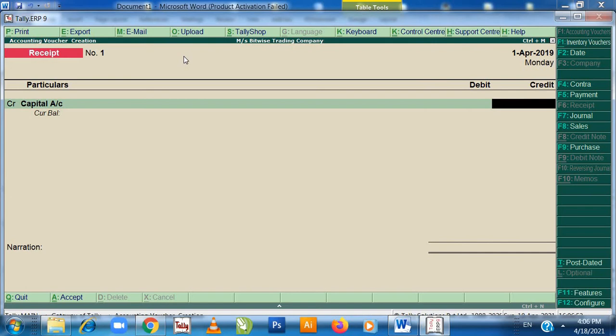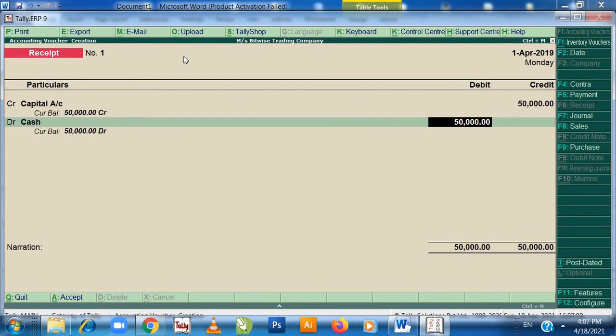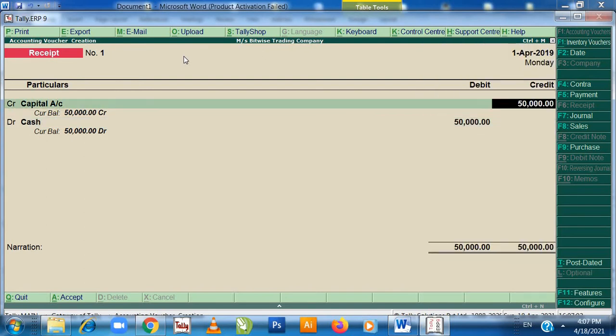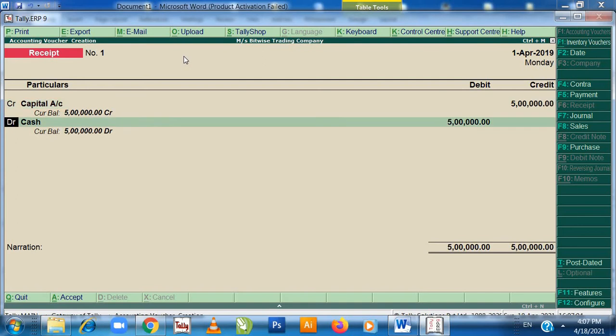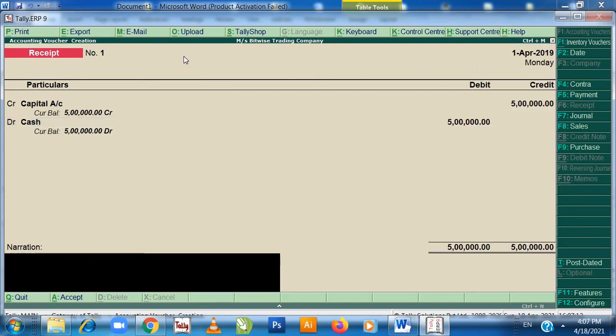So credit entry is 5 lakhs and cash account debit is again 5 lakhs. Being business started with cash.